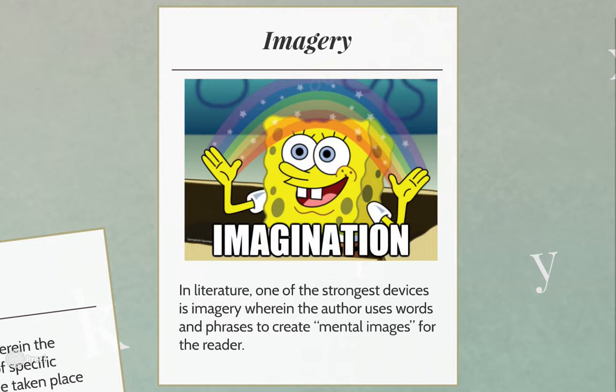Another literary device is imagery. And in literature, one of the strongest devices is imagery, wherein the author uses words and phrases to create mental images for the reader. And here's a photo of SpongeBob imagining a rainbow in his famous imagination scenes. And so this is when the author will describe a setting or specific things in the story with lots